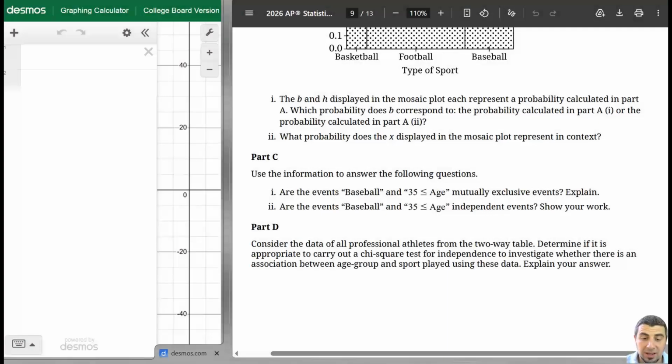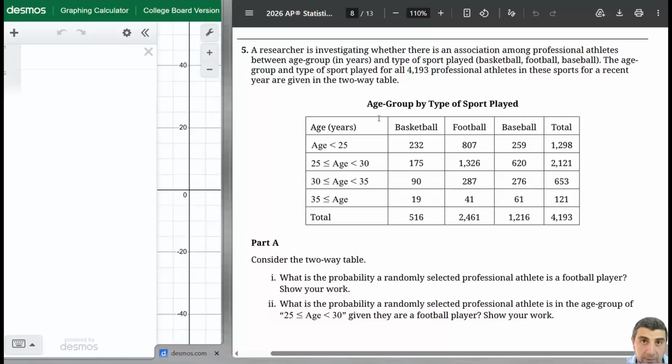All right, part D, consider the data of all professional athletes from the two-way table. Determine if it is appropriate to carry out a chi-square test for independence to investigate whether there is an association between age group and sport played using these data. Explain your answer. Well, this one is a little bit tricky because this is actually the population data. It is not a random sample. If we look back up here at the table in the